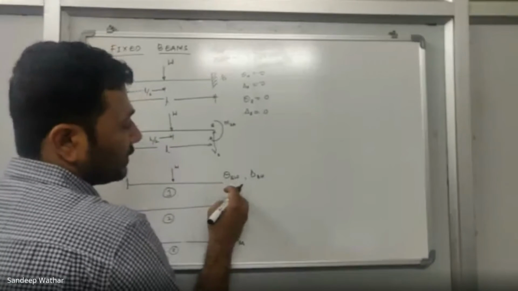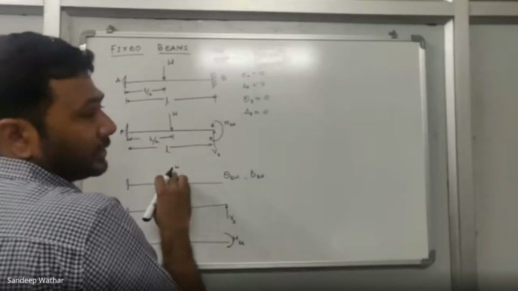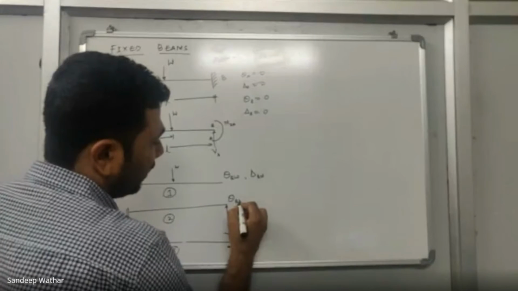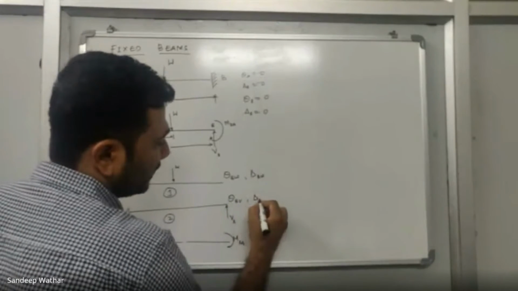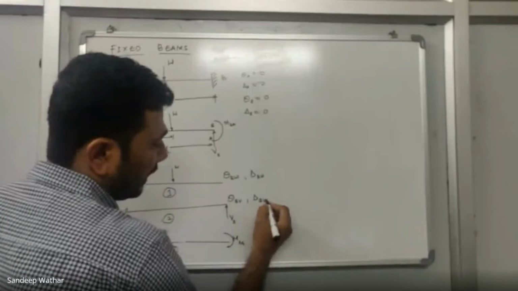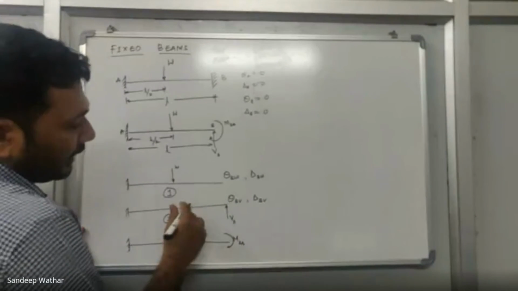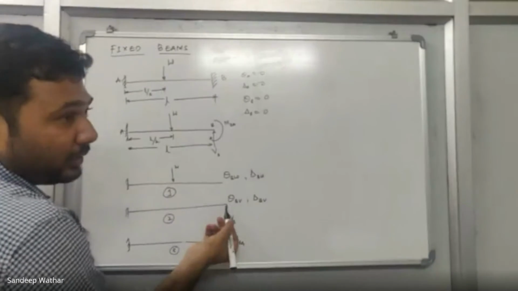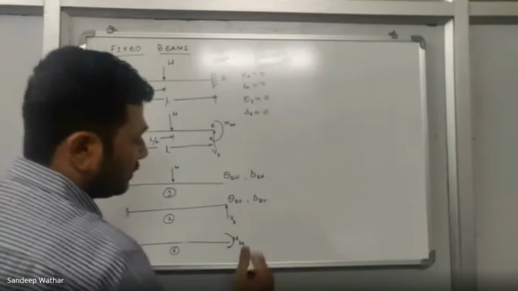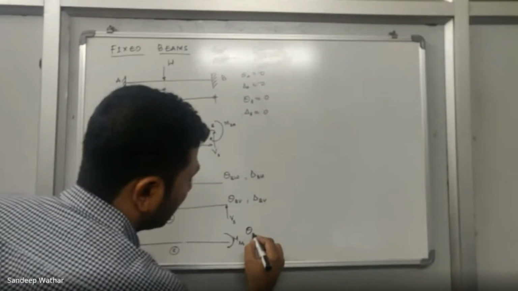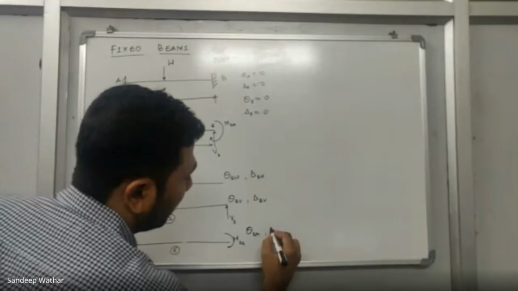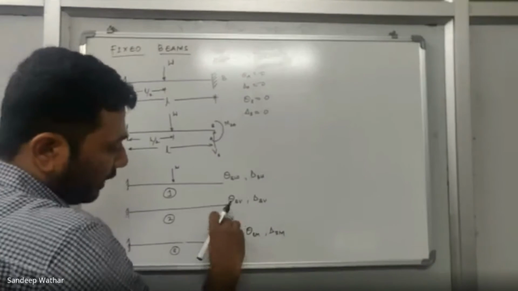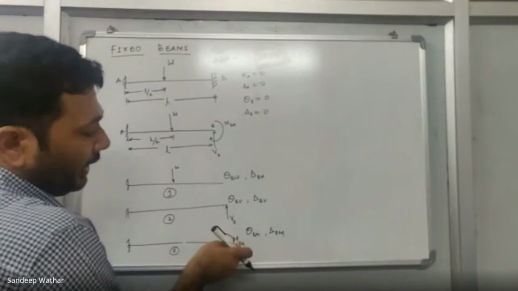This is again the deflection that is calculated at B when only the external load is applied. Now similarly, in the next case, I have solved for theta BV. Next, I calculated delta BV. So what are this theta and delta? Theta and delta are calculated at B with respect to the vertical reaction that is applied at the support B. Now the last which we calculated is theta BM and then delta BM. So these are the slope and deflection at B when only the moment reaction is applied at B.